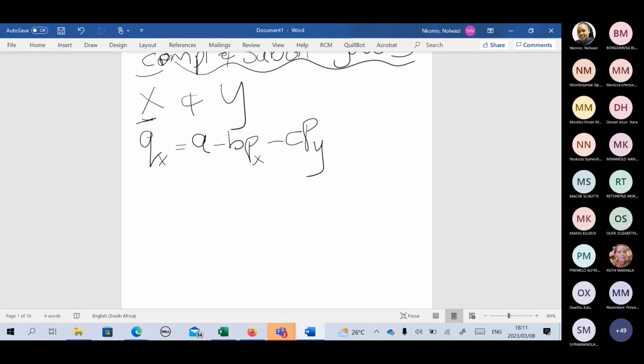And if these two goods are substitutes, then